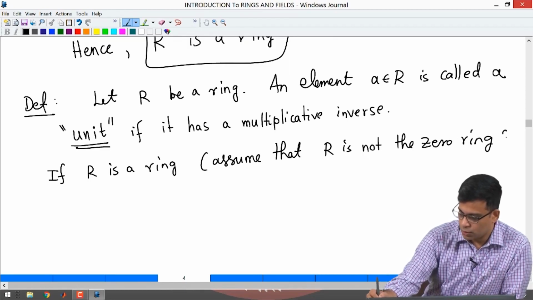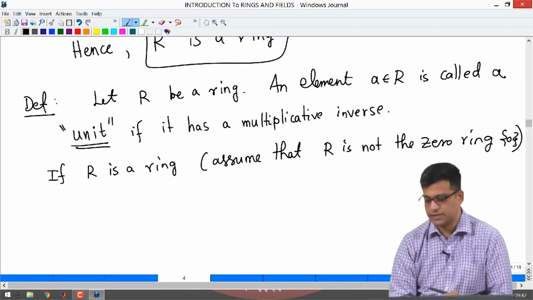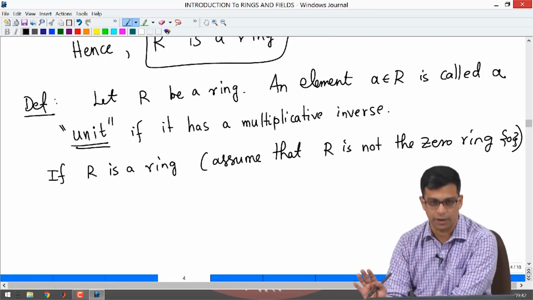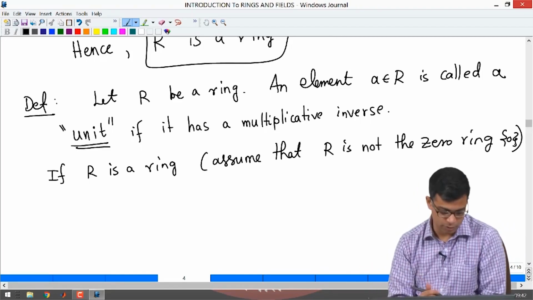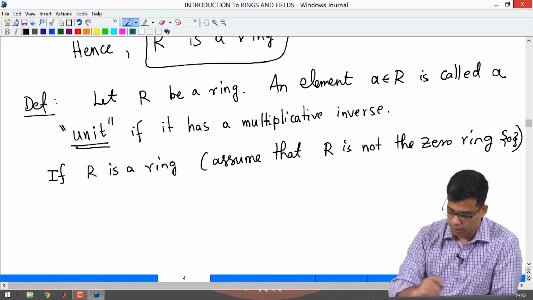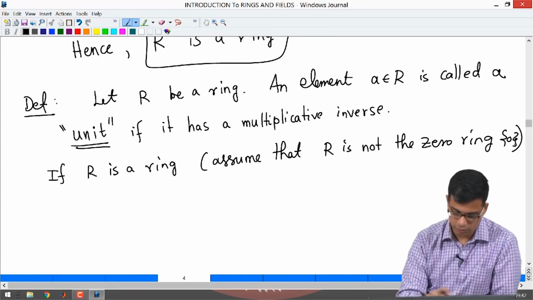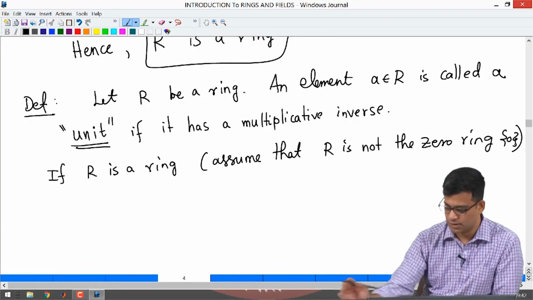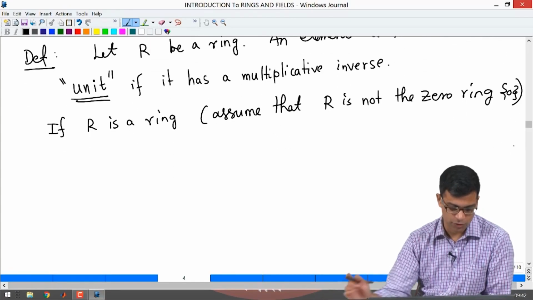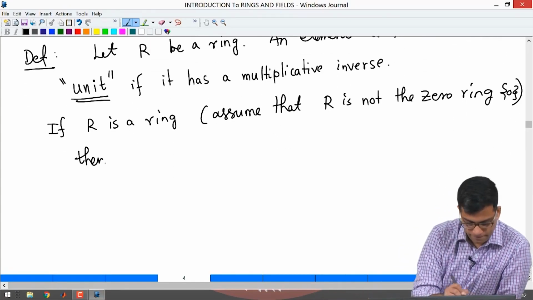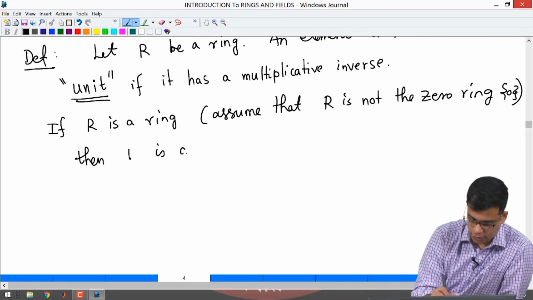So R is not the 0 ring consisting of just the element 0, that is not an interesting ring. So we usually do not study that. So if R is a ring, and we will all assume for now that it is not the 0 ring, that is in fact an assumption that we make most of the time, then 1 is a unit,